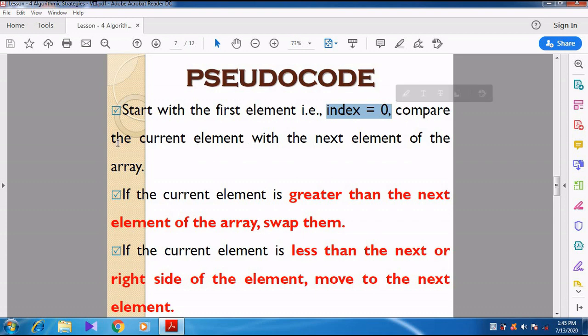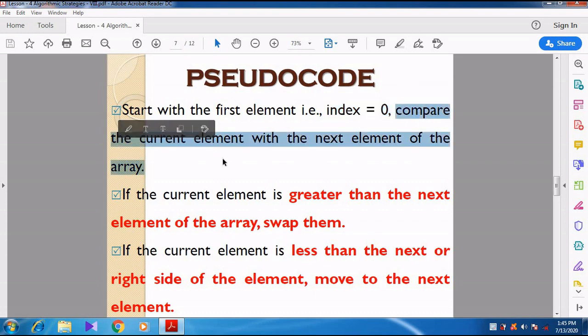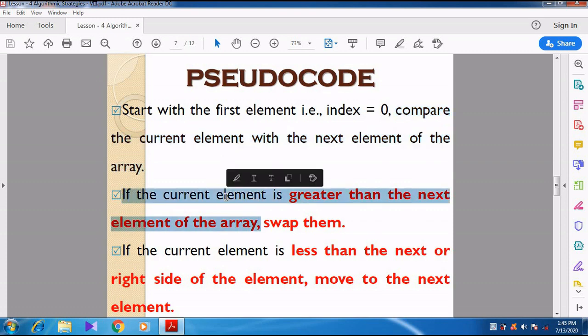Compare the current element with the next element of the array. So index 0 is compared with index 1. Index 0 represents the first element, index 1 represents the second element. If the current element is greater than the next element of the array, swap them.